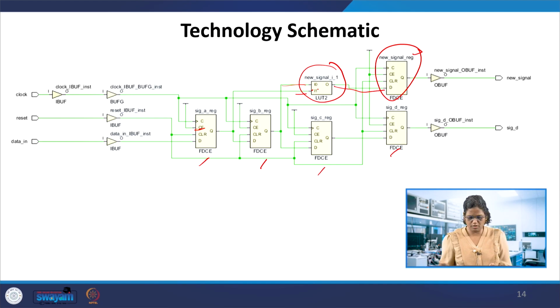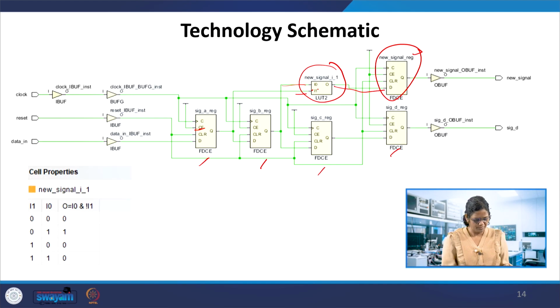So the lookup table here, the truth table, when taken, one signal is inverted and then ANDed. So this function is realized in the truth table. The combinational logic is realized in this truth table. So you can see this technology schematic which shows this extra flip flop over here, because the new signal is again under the influence of the passage of the clock. Okay, so that is the passage of the clock, if you have these variables taken as registers.